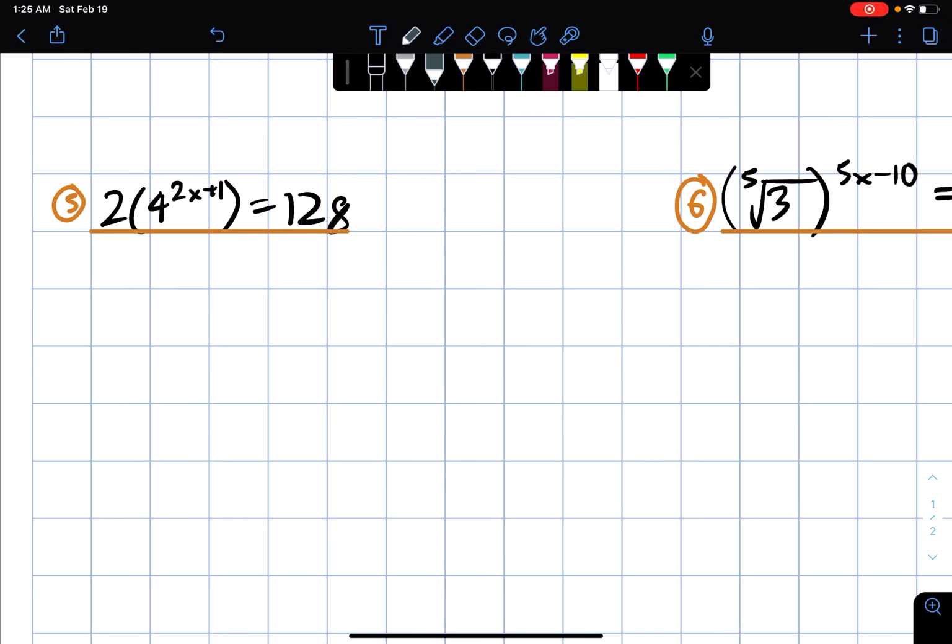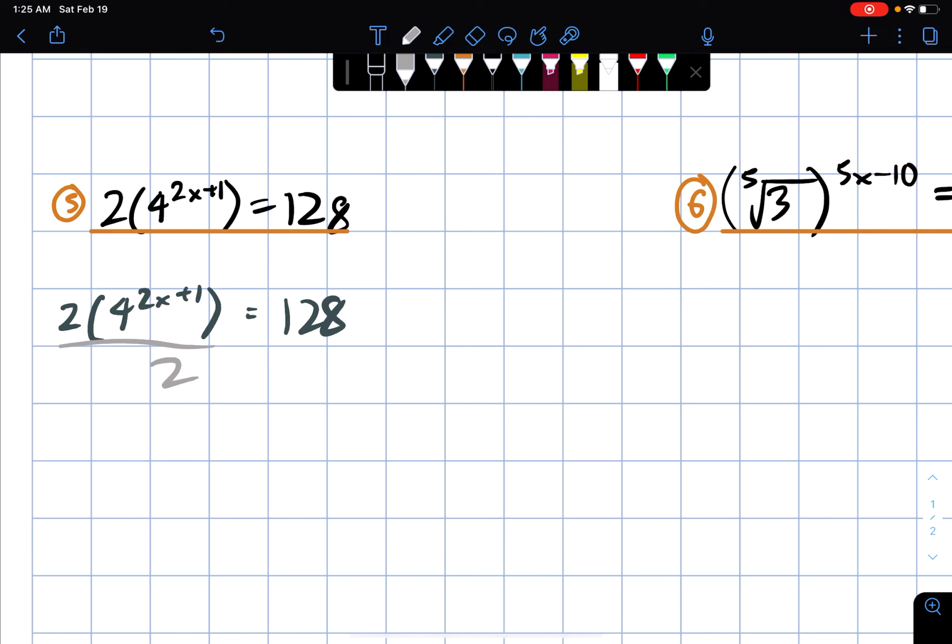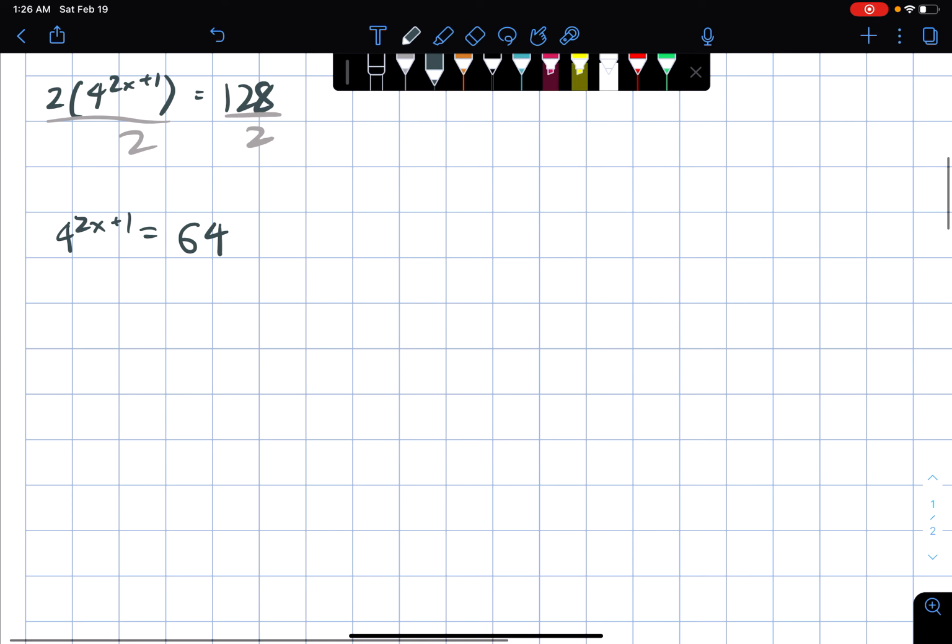So in this case, I'll just write it traditionally. 4 raised to 2x plus 1 is equal to 128. Divide both sides by 2. We get 4 raised to 2x plus 1 is equivalent to 64. And in that case,